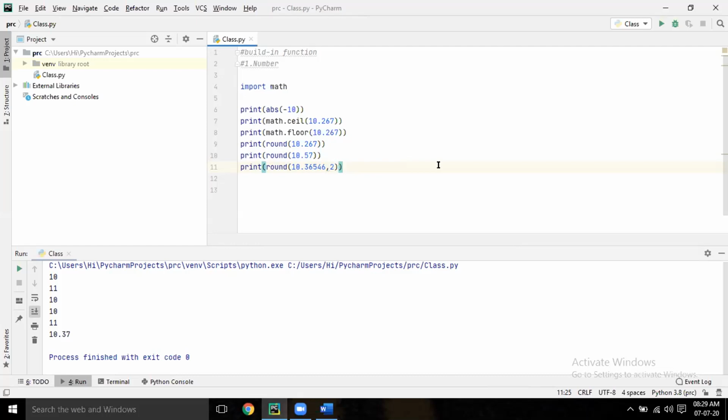So these are the interview questions. What is the difference between round, floor, and ceil? Both give a rounded value, but try to understand the difference. Ceil always gives the upper value, floor gives the lower value, and round gives the higher value if it is greater than or equal to 0.5, and the lower value if it is less than 0.5.